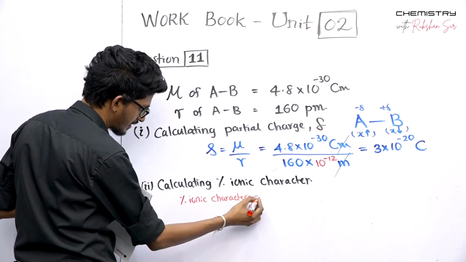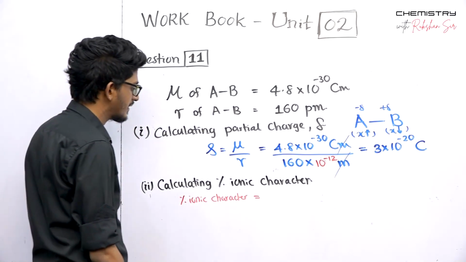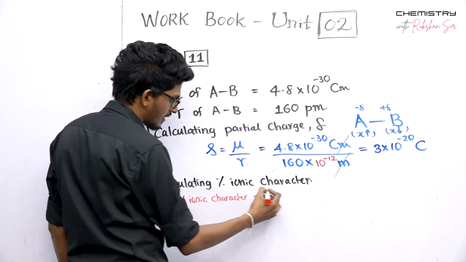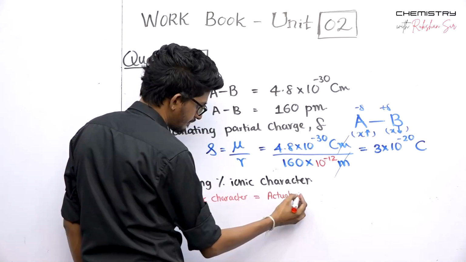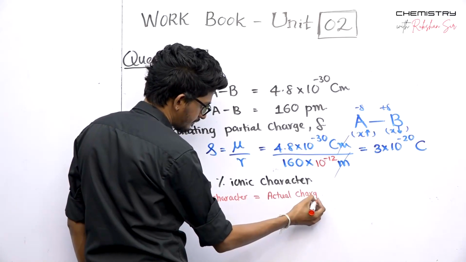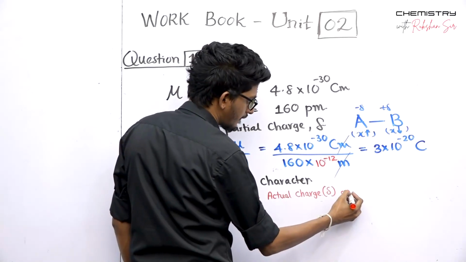There's the equation for the percentage ionic character, no? The equation is percentage ionic character is given by the actual charge, the delta. Delta is the actual charge on atom